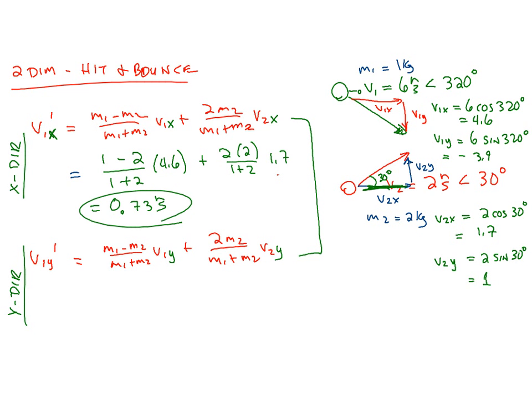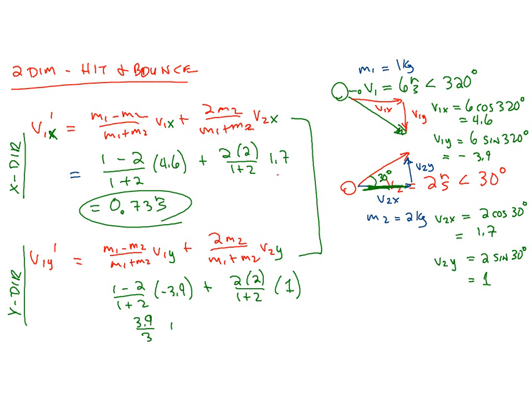When I put the numbers in for the y direction here, I would have 1 minus 2 over 1 plus 2, V1y. Where's that number? V1y is negative 3.9. Plus 2 times the second mass, that's 2 kilograms, over 1 plus 2, times V2y, which was 1. So here we go. This would be negative 1 times a negative 3.9. Negative times negative would be a positive 3.9